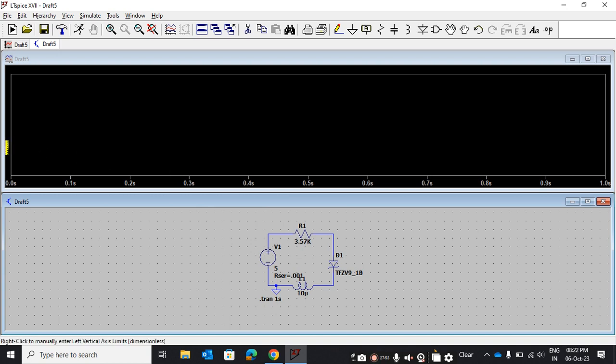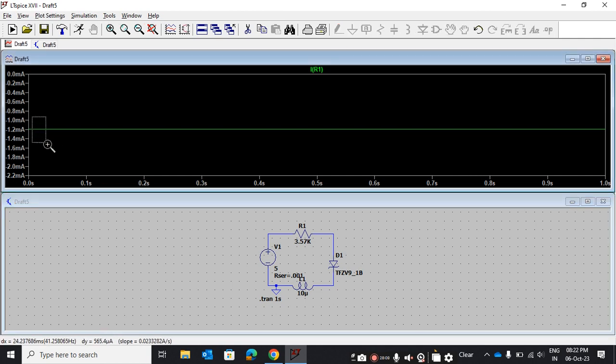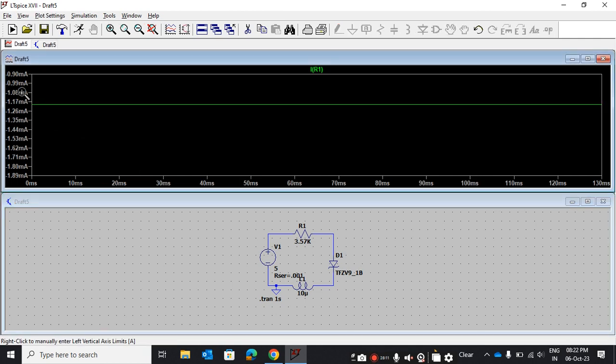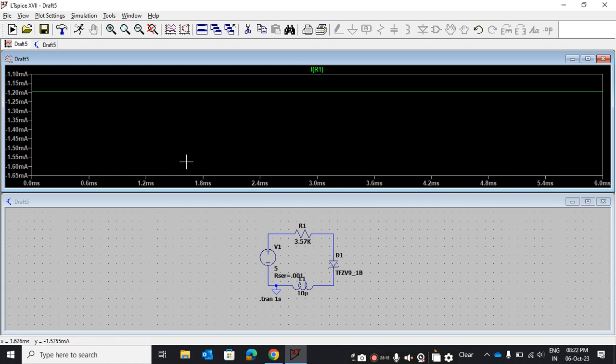Okay, and another option like this, if we want to see this more accurately, up to the dot point, you can left click here and drag, then left click here, again drag, left click here and drag, so it will show more accurately.